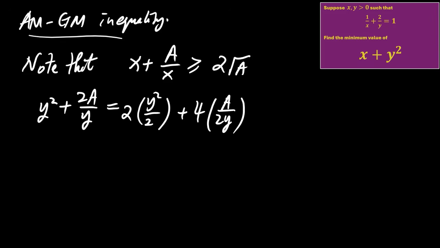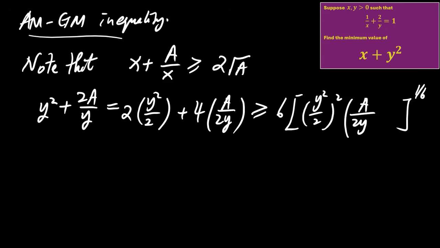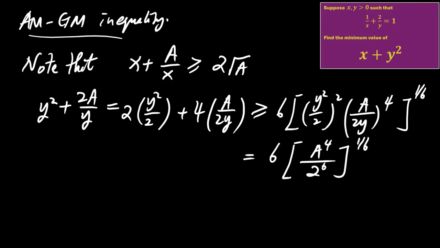There are 6 terms here. And using the AM-GM inequality, this is greater than or equal to 6 times the product to the power of 1 over 6, where the product is y squared over 2 squared, times a over 2y to the power of 4. We will see that y squared cancels off, and this is a^4 over 2^6, to the power of 1 over 6. So this is